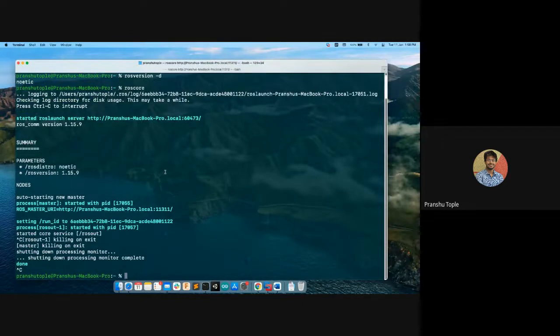So ROS can run anywhere, but it is recommended to run on Ubuntu first. So the best is to go for Ubuntu. Once you dual boot and understand it, then you can do whatever you want. As you can see, I have tried it on Windows, on the Mac operating system, on cloud, and on Ubuntu, everything is there. Even for Ubuntu, I have shown you, I have two Ubuntus installed in virtual machines. So it is all possible, but first try to understand how it works and then you can move ahead.